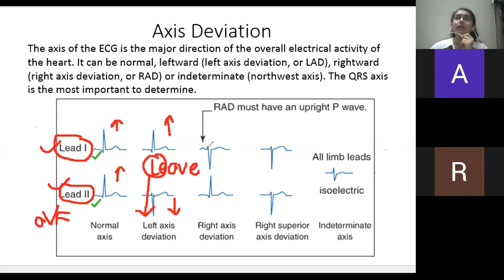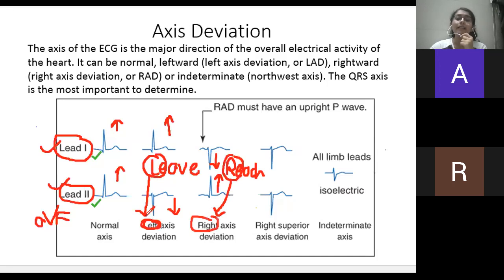And sometimes you can see that the R wave in lead 1 is going down, exactly opposite of that of left, and R wave in lead 2 is going up. That is, they are reaching each other. Because they are reaching each other, that is R, right axis deviation. It is not like because they are leaving, it is known as left axis, because they are reaching, it is known as right axis. It is not like that. It is left axis deviation because there is some problem with the left side of the heart. It is right axis deviation because there is some problem with the right side of the heart.